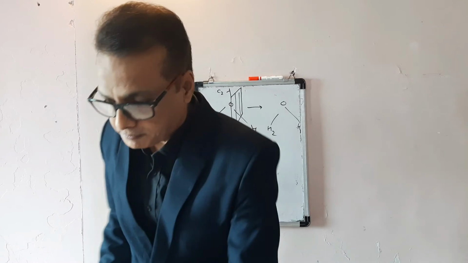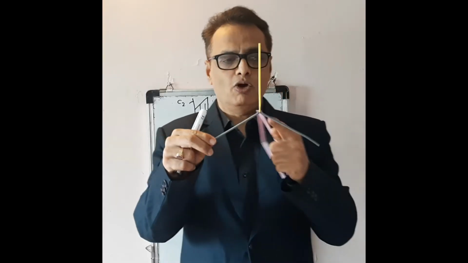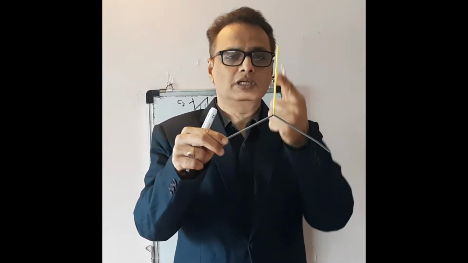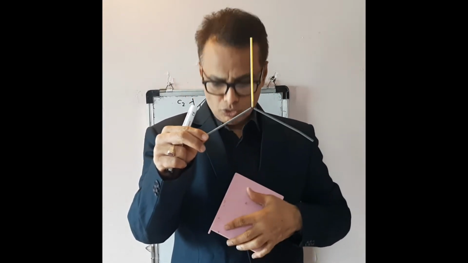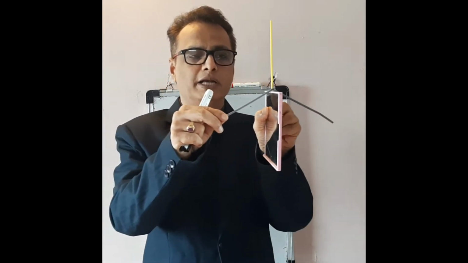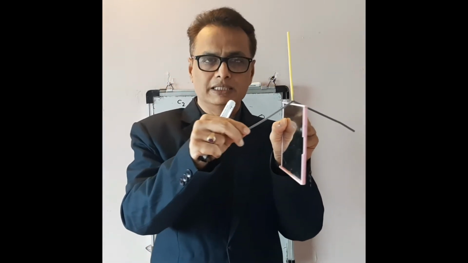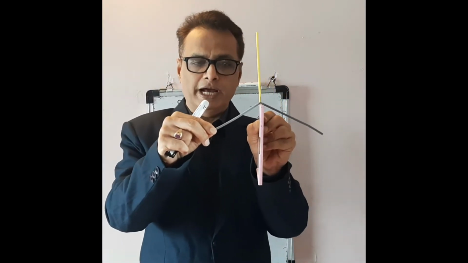Let us understand vertical plane of symmetry in the water molecule. This is your water molecule. Water has 2 vertical planes of symmetry. Oxygen, hydrogen, this is the second hydrogen. This is the C2 axis which passes through oxygen and bisects the HOH angle. So this is the first vertical plane of symmetry which contains the principal axis, and here H1 would be shifted to H2 and H2 would be shifted to H1.